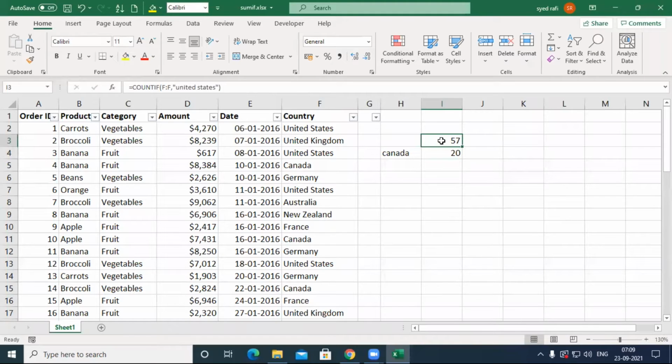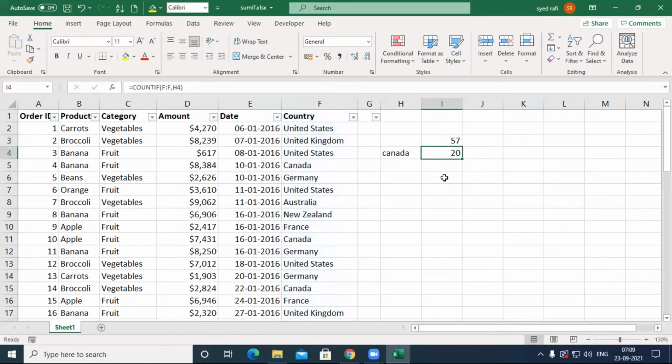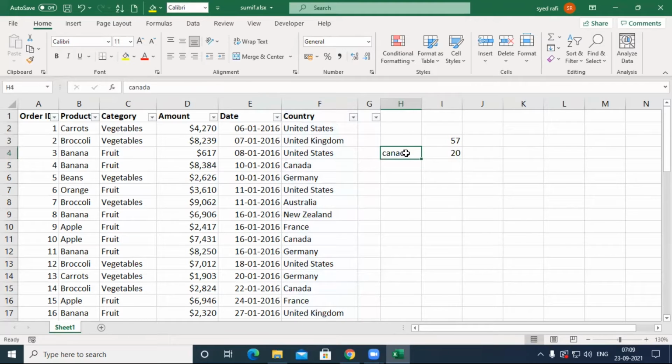If you design any formula like the first way, there is a problem: the user must interact within the formula. But if you design it like this, the user doesn't need to interact with the formula, he just interacts with this cell. I want to check the country of Australia. So there is a facility, you may change it like this.